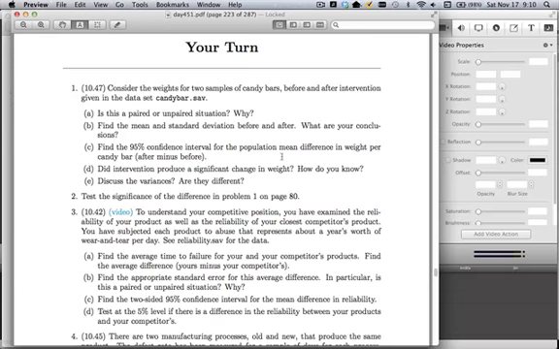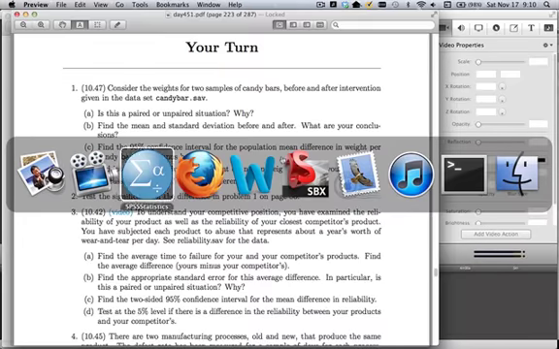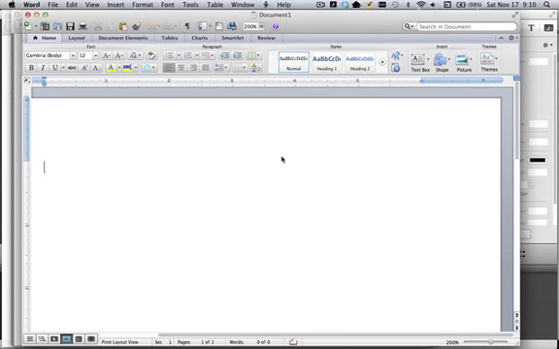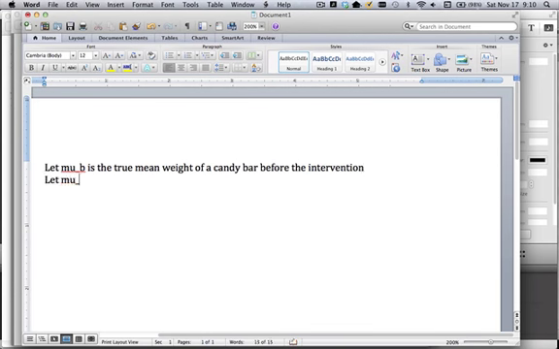Now the next thing that we should do is state the parameters in the null and alternative before we go look at our data further. So I'm just going to do this in Word. So let's say that mu sub b is the true mean weight of a candy bar before the intervention. And then we're going to say let mu a be the true mean weight